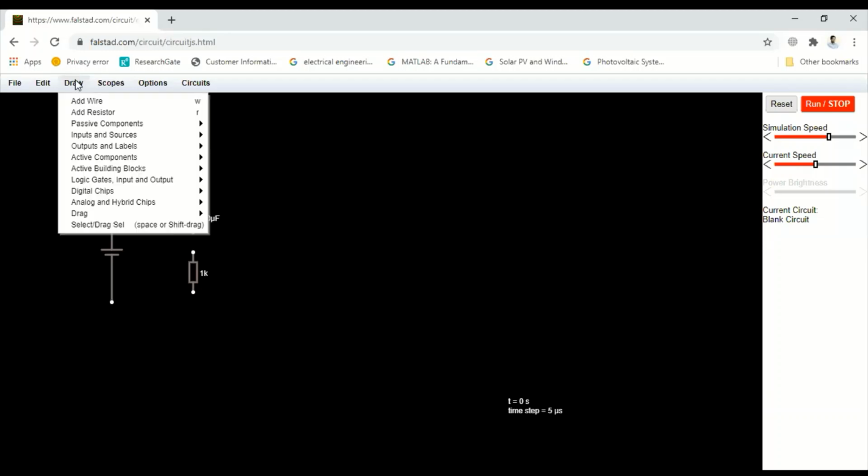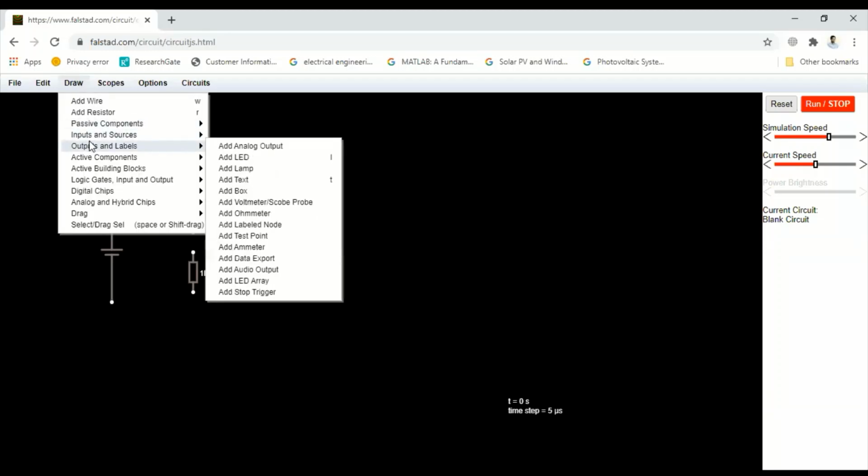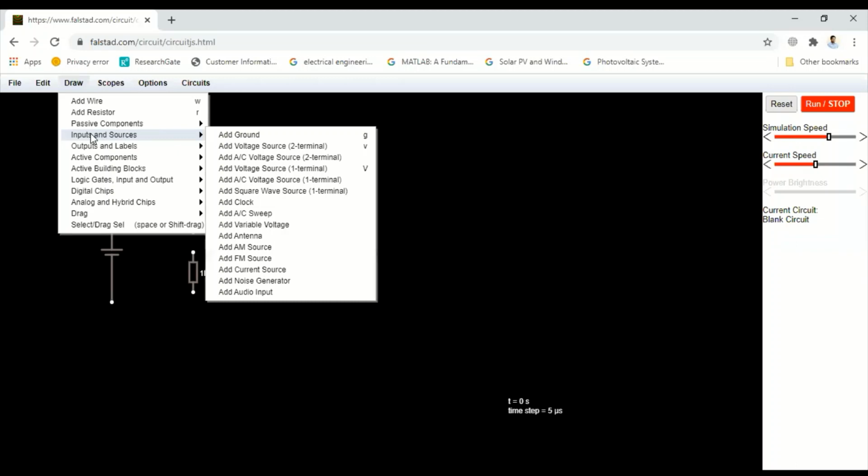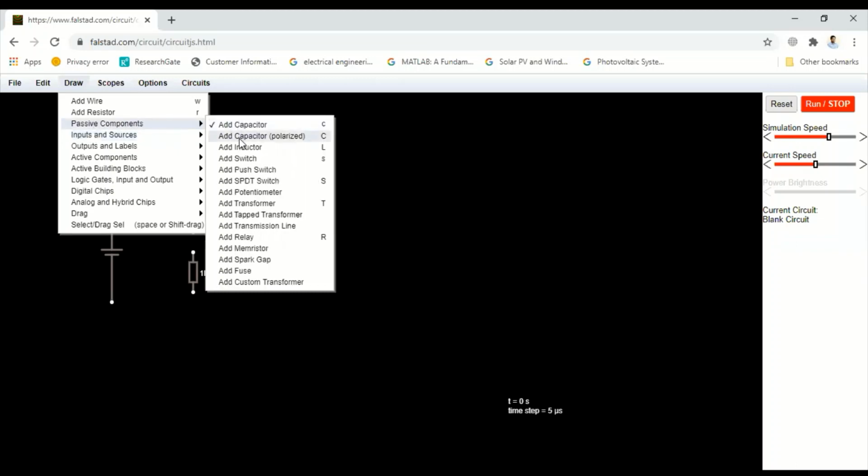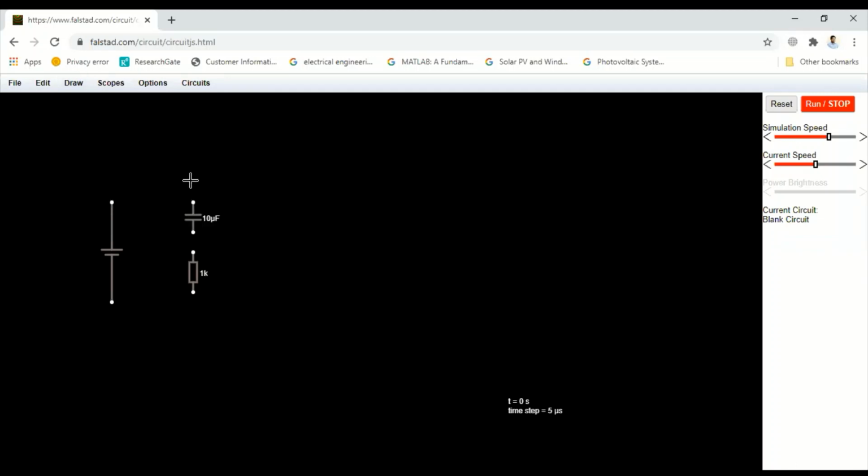Next, draw switches, we have to use passive component, add SPDT switch. Okay, so you can connect this one like this.